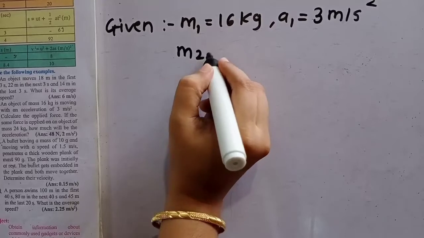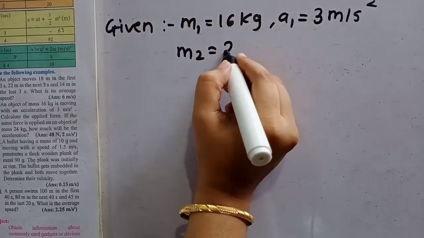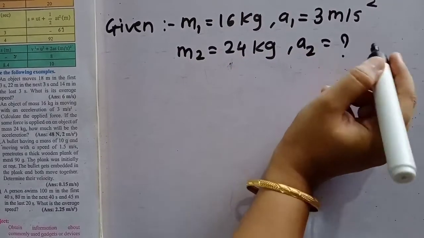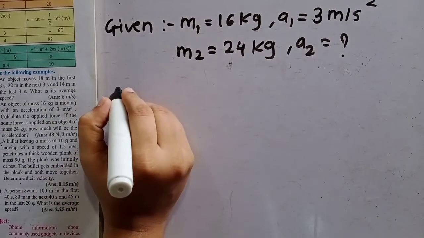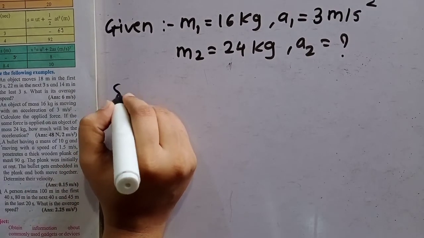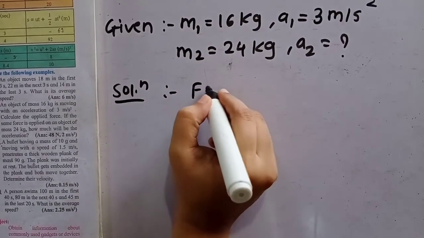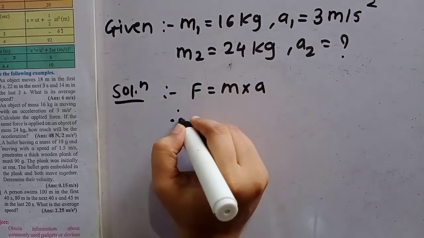Then m2 is 24 kg and a2 we have to find. Yes or no? So you can use the formula. So in solution you can write, we know F is equal to mass into acceleration. Yes or no? Therefore